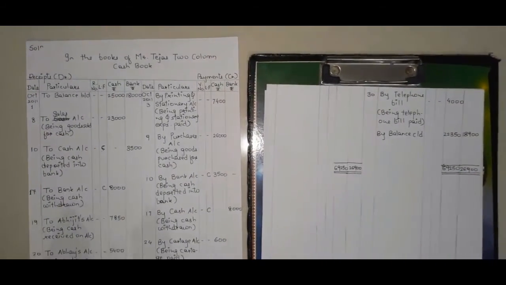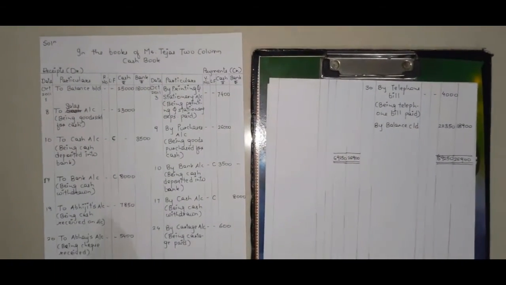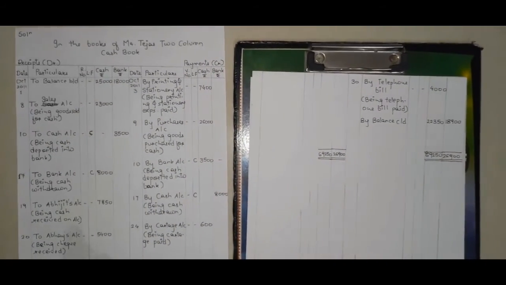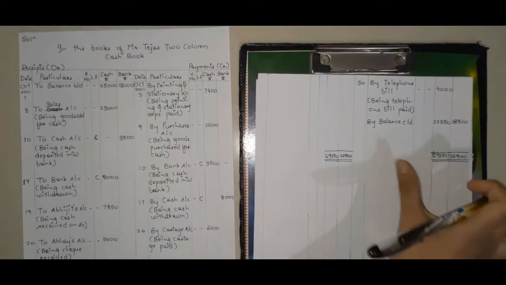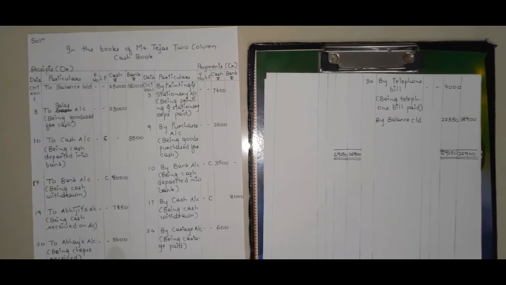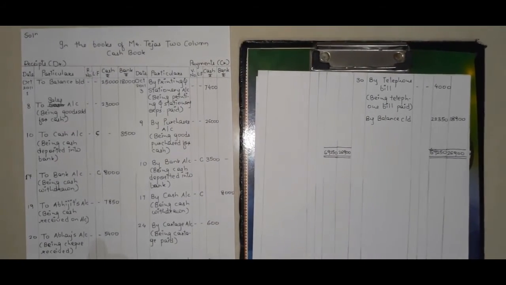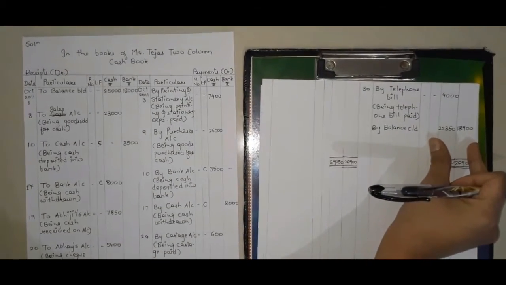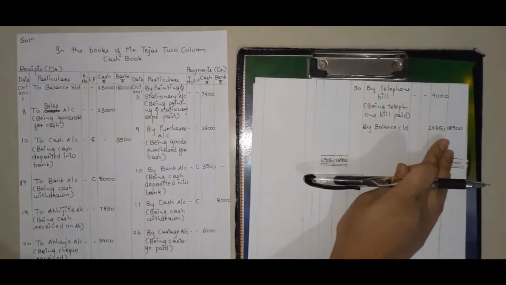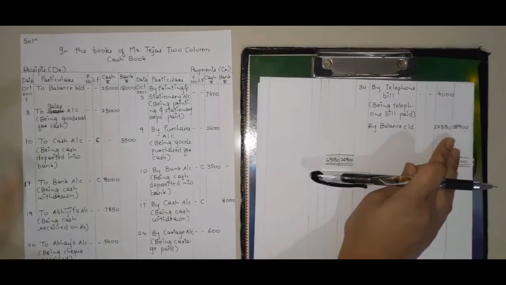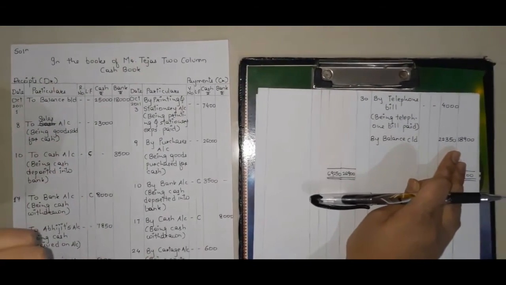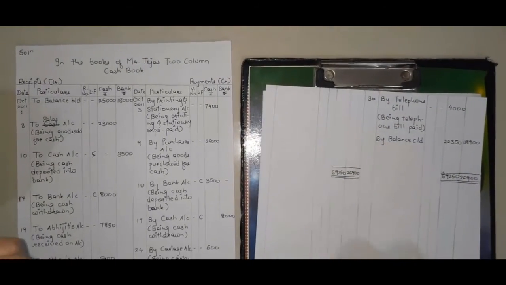Okay. Now this is how the total is being calculated or equaled. Whichever side is less, by carrying down the balance, you can equal both the sides, that is the receipt side as well as the payment side. Now this is the balance carried down in the payment side. Now this balance is the closing balance of October. Where is the amount? October 2011. This amount is the closing balance.